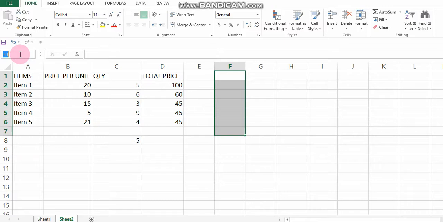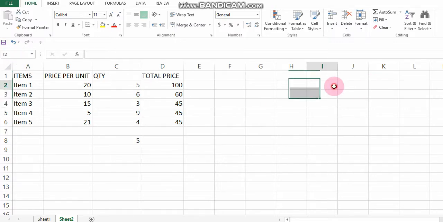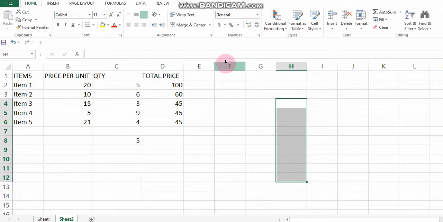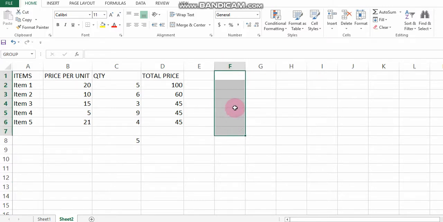But here in the name box, if I write a name for it, it is named as group, and press enter. Now whenever I select this range, it will show you group here. But whenever I click somewhere else where I have not defined a name, it gives the first cell of the selection in the name box. Whenever I select the desired range where I have given the name, it will always show you the name of the range. So this way you can define a name for a range.